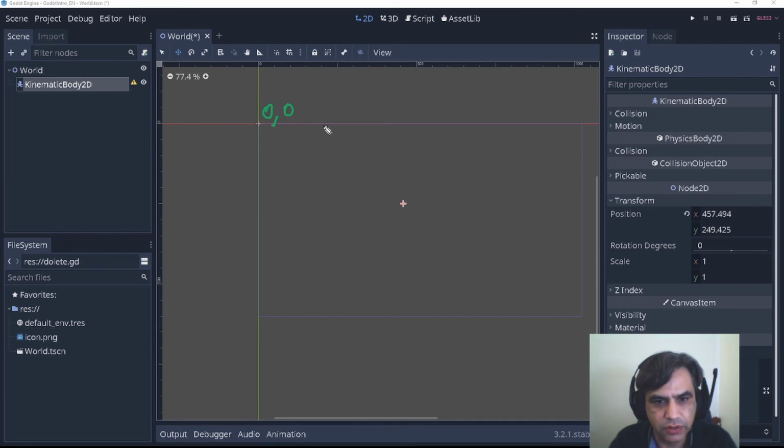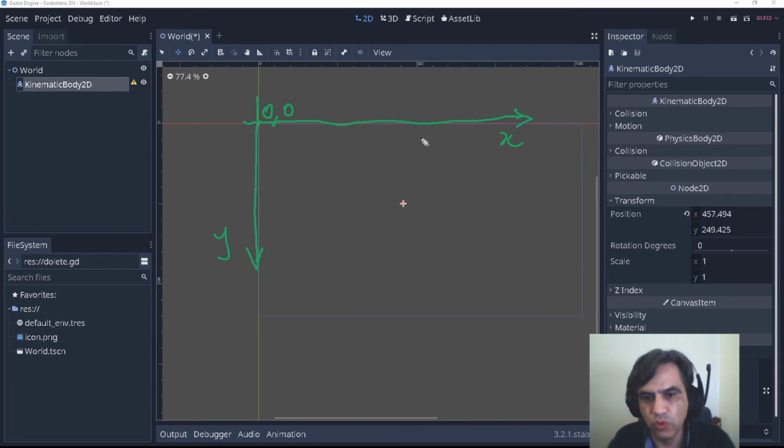And if I want to go to the right, moving in this direction, I'm going to increase the X. This is called an axis. So this is the X-axis. And if I want to move down or move up, I need to change the Y. And this is the Y-axis. So X-axis, Y-axis.